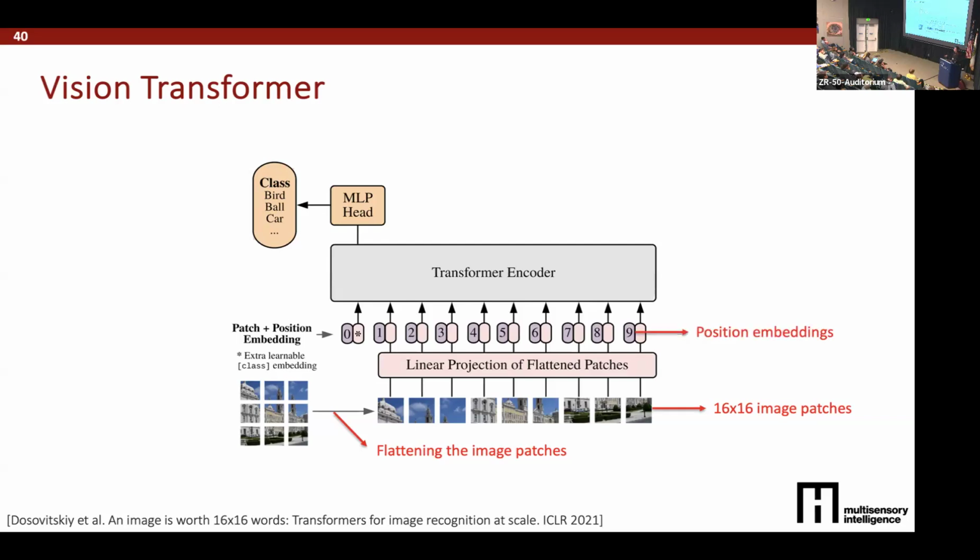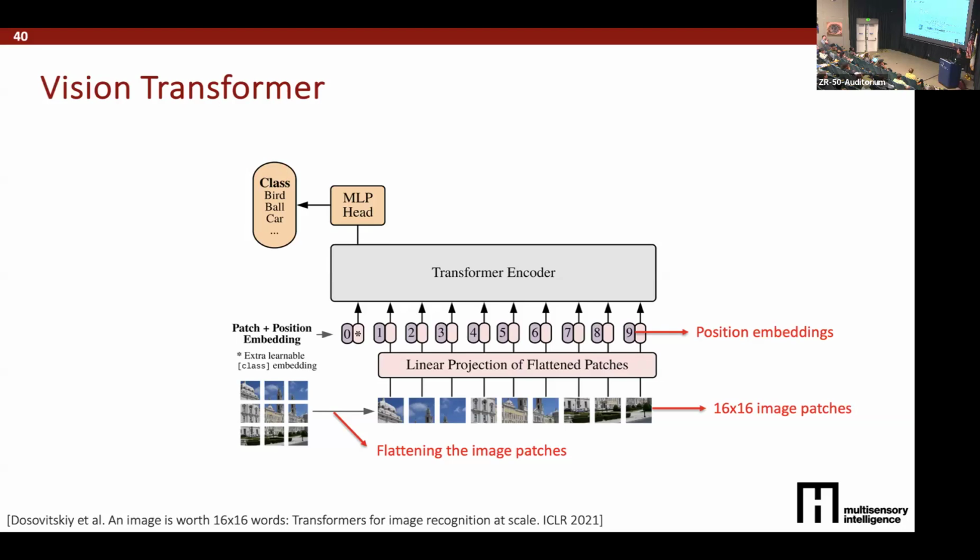So implicitly just assigning a label 0, 1, 2, 3, 4, 5, 6, 7, 8, 9. People have also kind of shown that sometimes 2D positional embeddings can work better than 1D positional embeddings, just because images are 2D in nature. So instead of just doing 0 through 9, you can also do 0,0, 0,1, 1,0, 1,1, and so on. And once you have these position embeddings with each of the patch features, put them through an